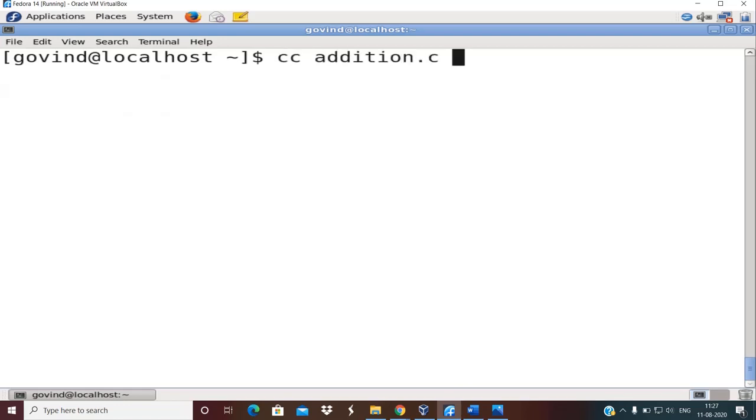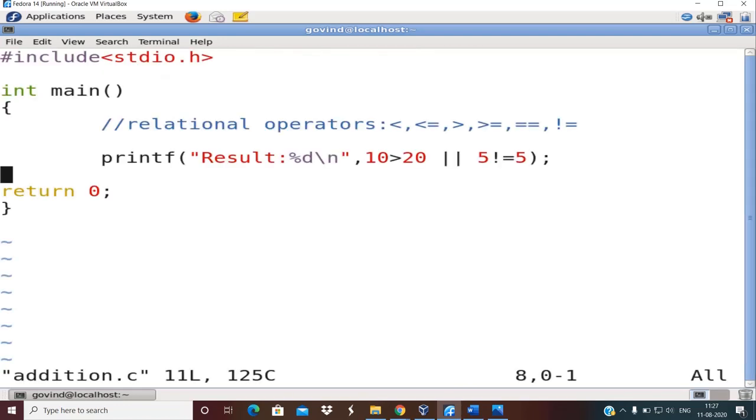Now I will modify the code slightly. This time, instead of not equal to 5, I will make it equal to 5. So what did I do? Instead of not equal, I have just put double equals. So 5 is indeed equal to 5. So the RHS becomes 1. As we made the statement just now, if any one of the operands is non-zero, or 1, with respect to logical OR, it should return 1.